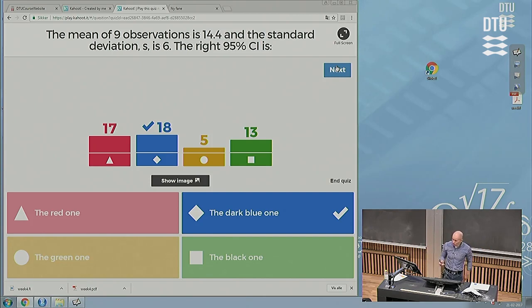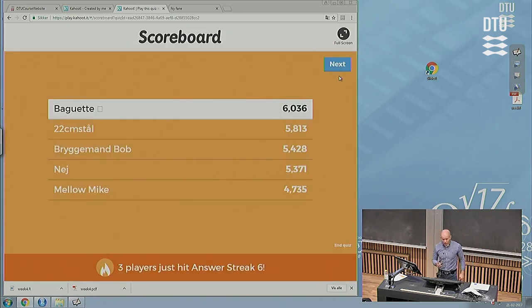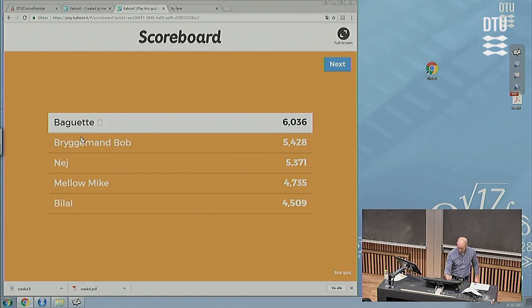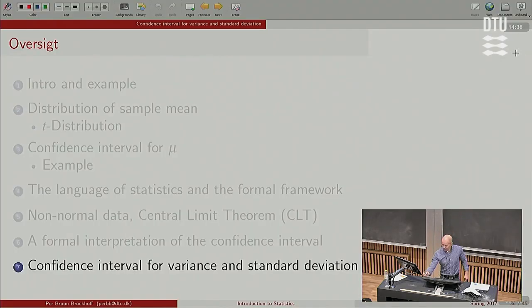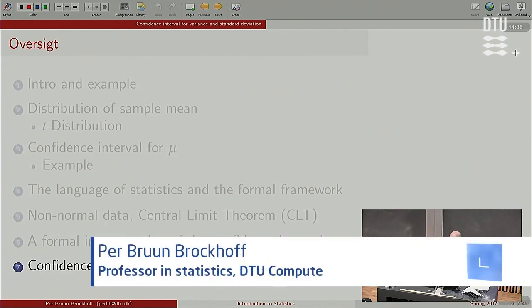You had really to think clearly. Most of you did. Good job, Baguette. I'm sorry, that's the power I have. I don't want to see this stupid stuff on the top list here. There you are. So we have one more thing on